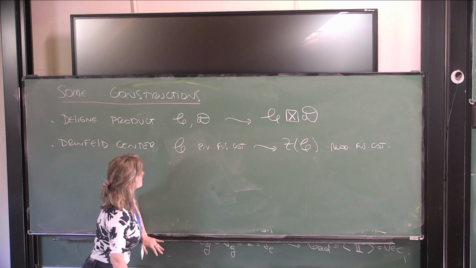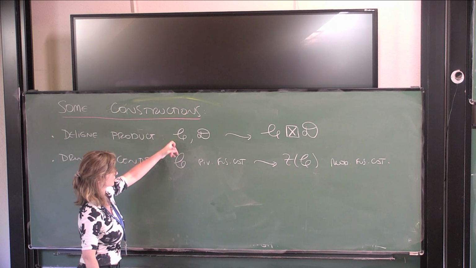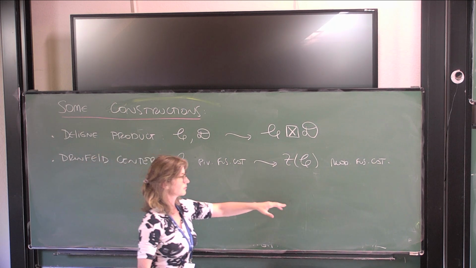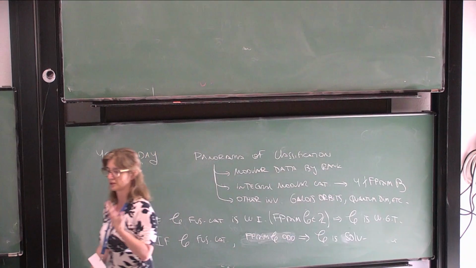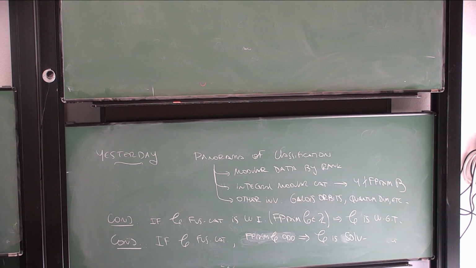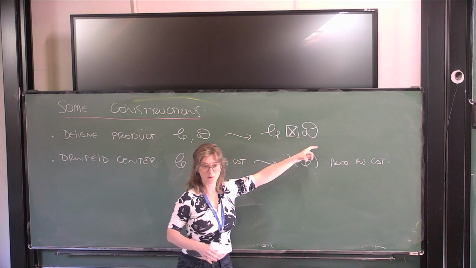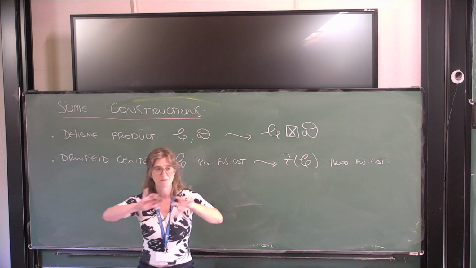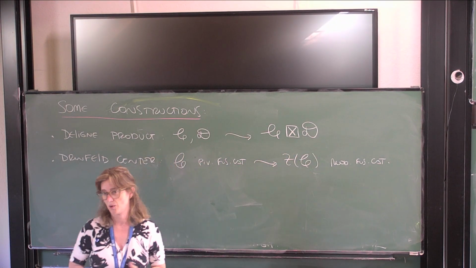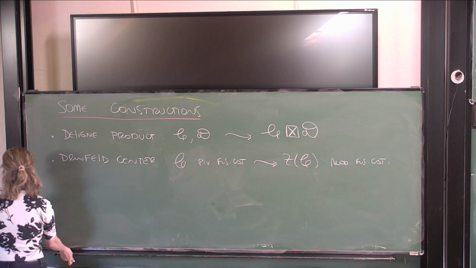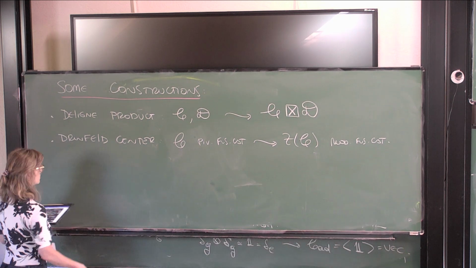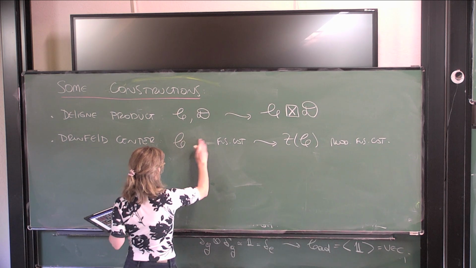Maybe I wanted to say something about this. Yeah, this construction is also nice because I don't know if you remember yesterday when I was talking about the classification result, or the characterization maybe, for fusion categories that were modular with dimension congruent to 2 mod 4. What we did was to decompose it as a linear product of things. So a lot of the times you want to see if you can factorize your category into simpler ones. It makes it easier to understand if you can. Sometimes you cannot. So this Drinfeld center, I should say spherical.